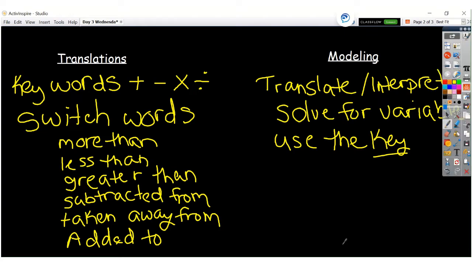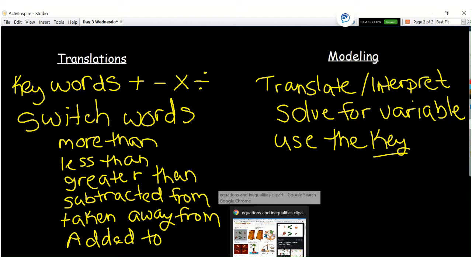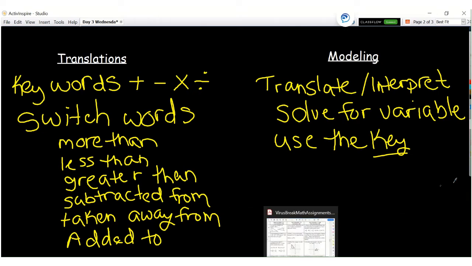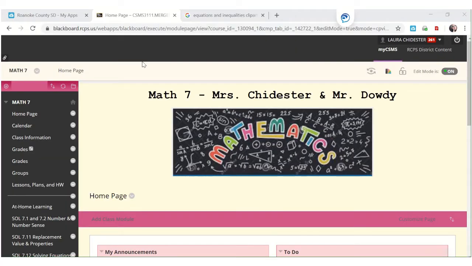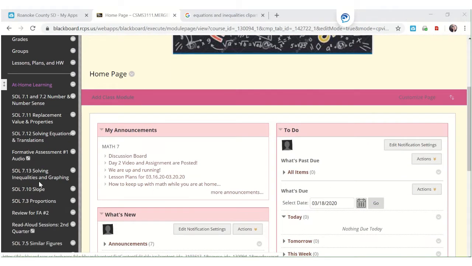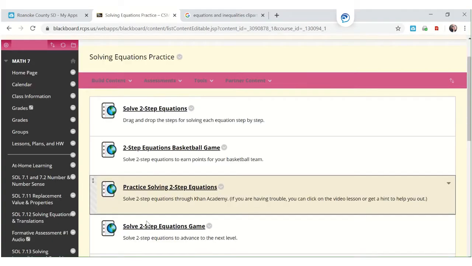So I'm going to take a break from this active board setting and show you where you can find some things for our translations and our modeling in our notes. So I'm back on my homepage for Blackboard, and our notes I put along in each of these topics that we did. So I'm going to go to solving equations and translations. We did inequalities as a separate unit, but for example, I'll click on 712. I had some practice here, some links that you could do if you wanted,